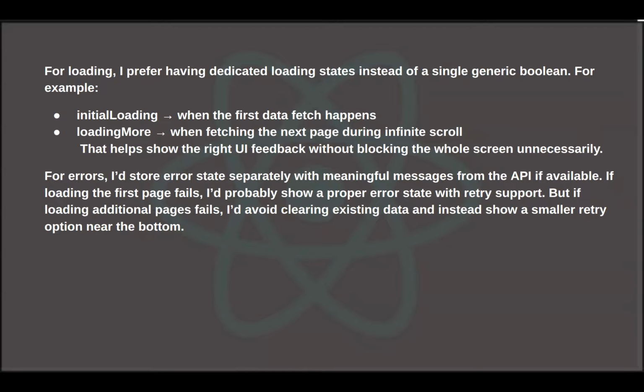For errors, I would store error state separately with meaningful messages from the API if available. If loading the first page fails, I would probably show a proper error state with retry support. But if loading additional pages fails, I would avoid clearing existing data and instead show a small retry option near